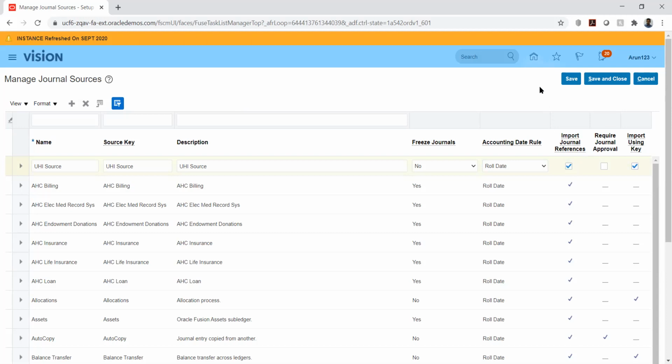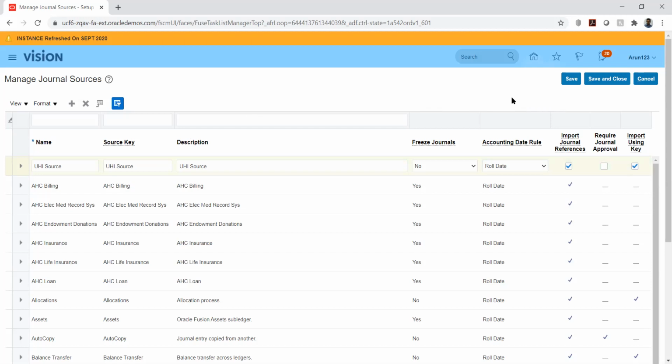And import using key, what is that? Basically the source. So that is mostly for reporting, right? Yes, correct, only for reporting. Reporting and auditing, you can say.